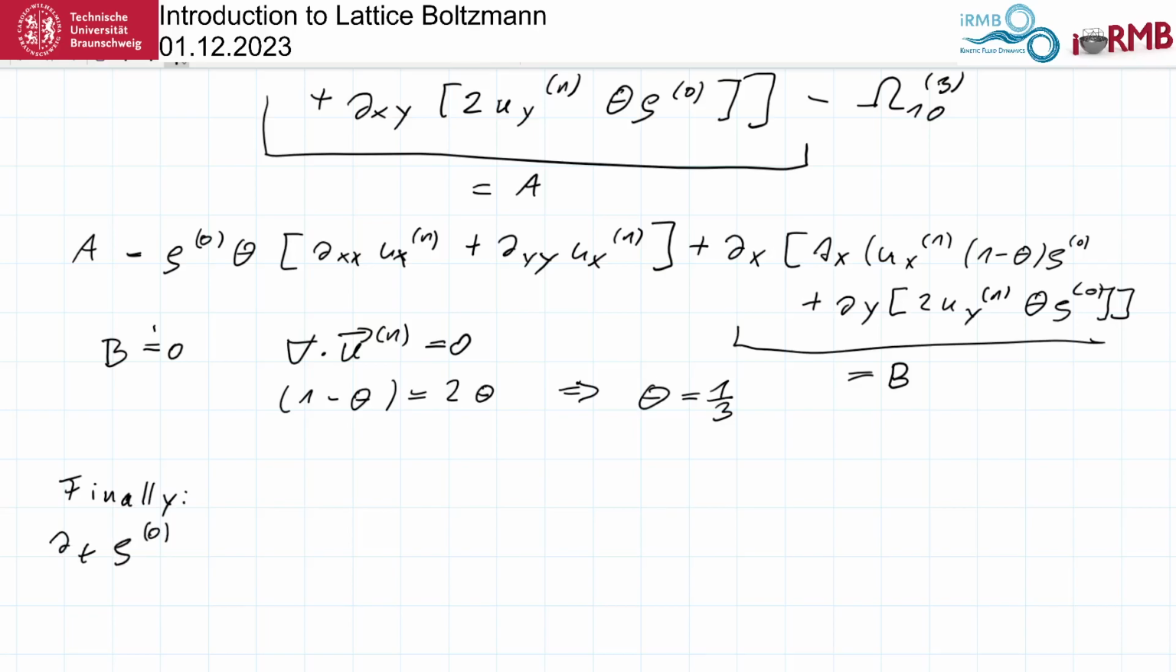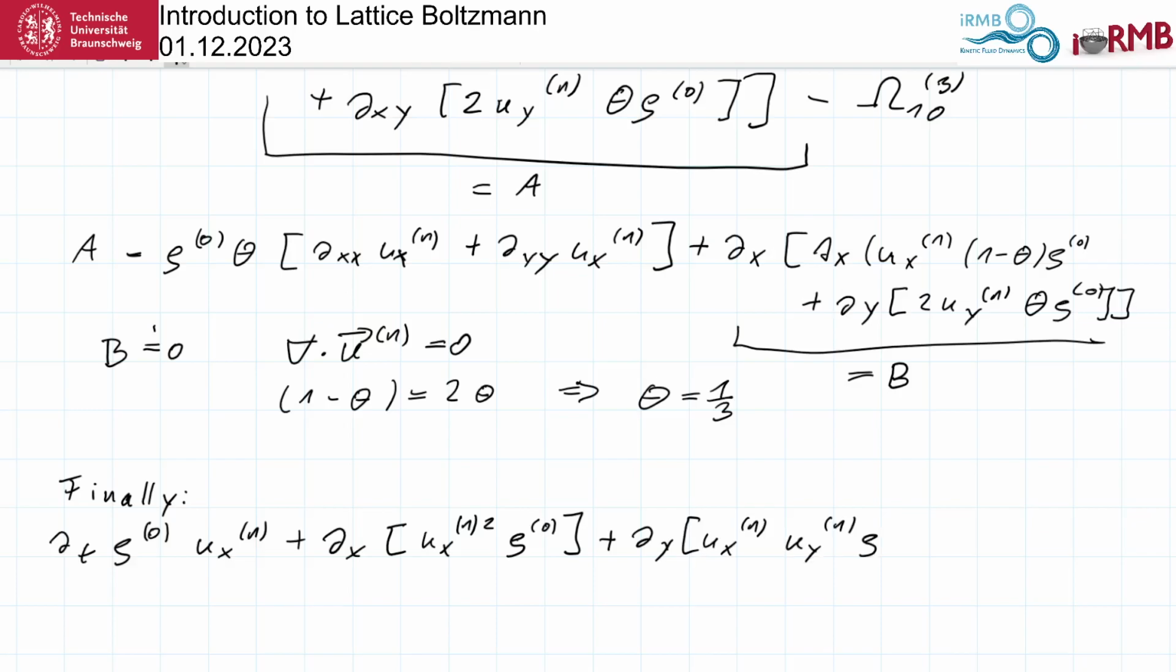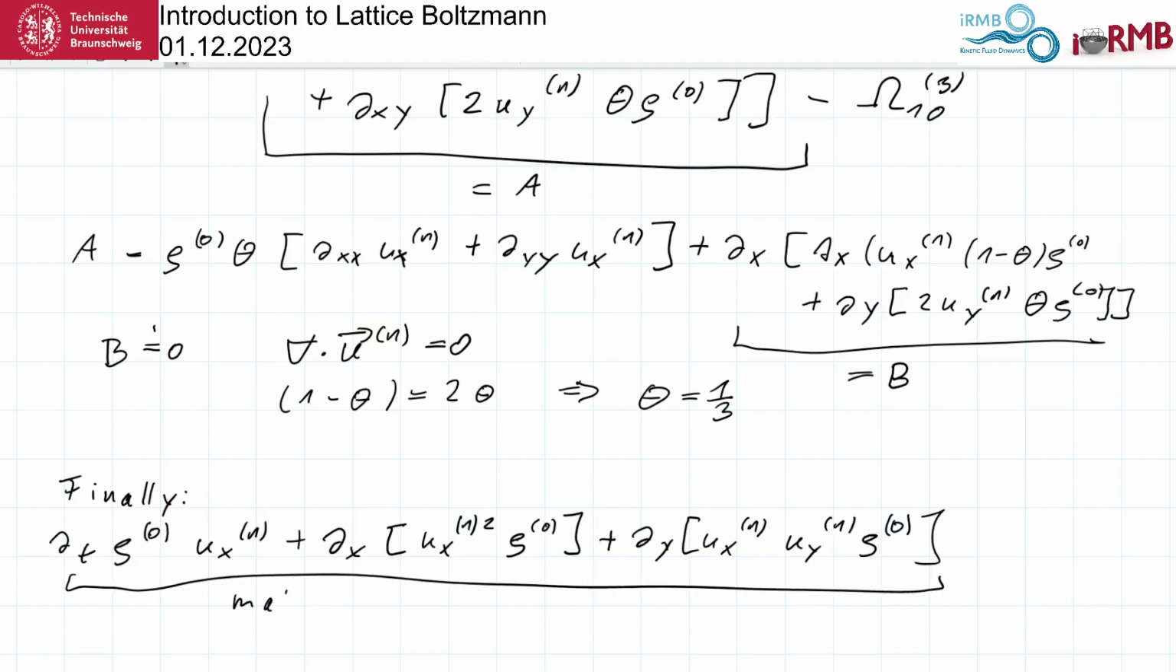We finally get to the Navier-Stokes equation. Let me write down the Navier-Stokes equation. dx ux first order square rho 0 plus dy ux first order uy first order rho 0 order. So all of this we put on the left-hand side and call this the material derivative. And all of this is equal to minus dx rho